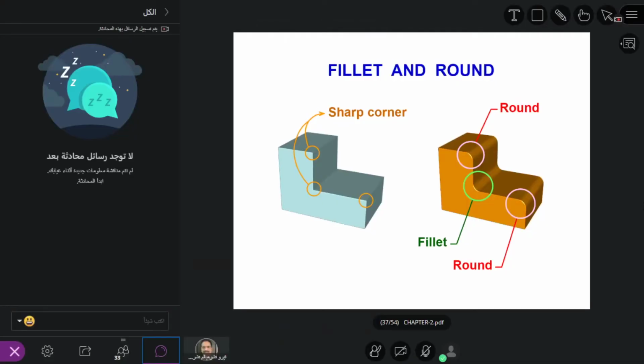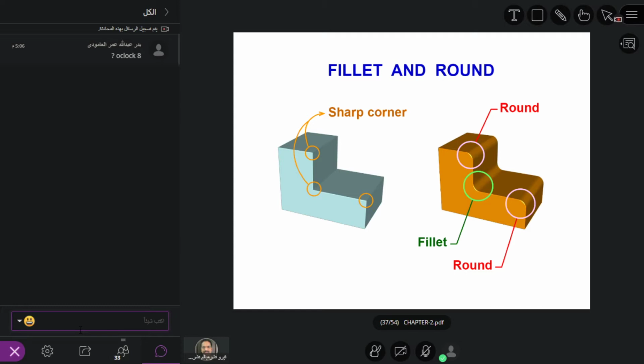O'clock you have to submit your work to the Blackboard. Then I will give some grades for that. Is that okay, everyone? And so please bring your mini drafter, side by side, all the tools whenever you attend the class. So first hour I'm taking the class, and second and third hour you're going to do some work online, and you can ask me your questions right away when you're online.